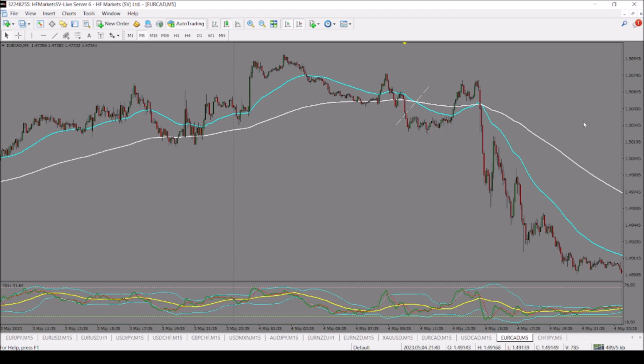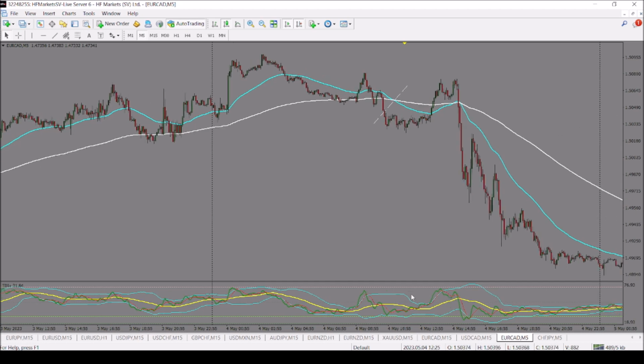Therefore, everything that comes in front of us is now a downtrend trading style. Then on the bottom part, I have my Traders Dynamic Index, and the Traders Dynamic Index is there to confirm what I see on the charts. In this particular case, we can see that after this, we were now looking for shorts, and shorts only come